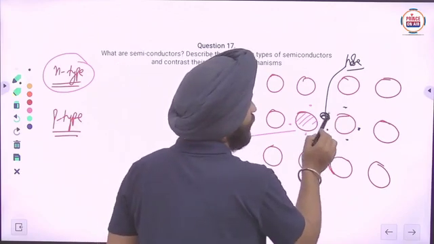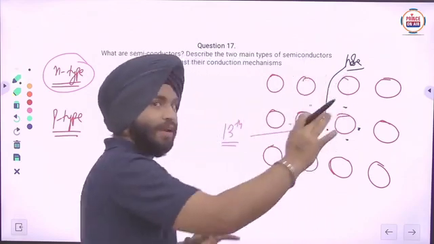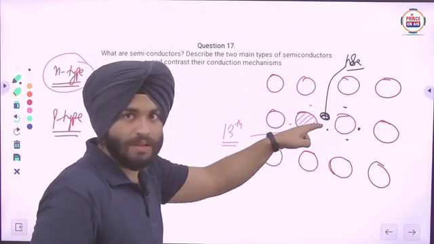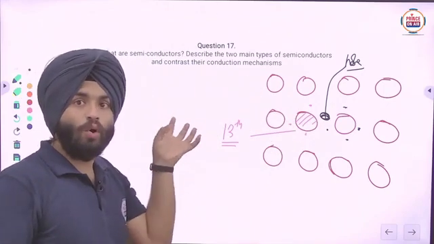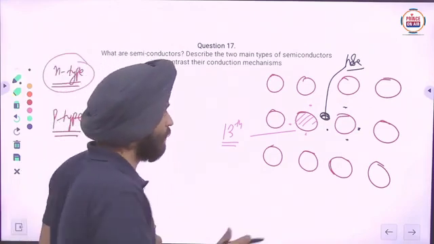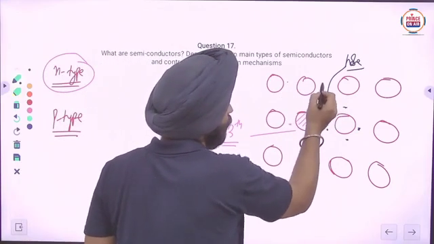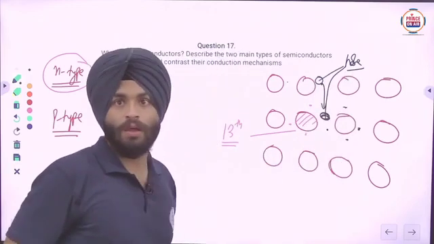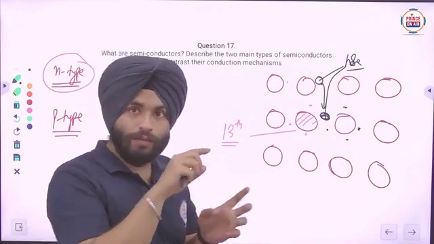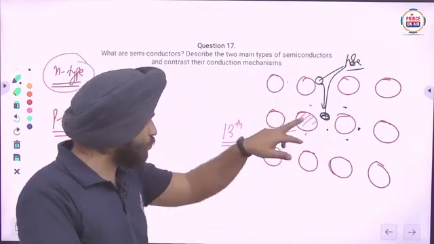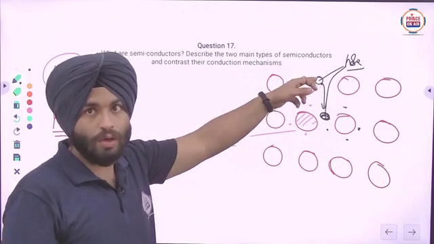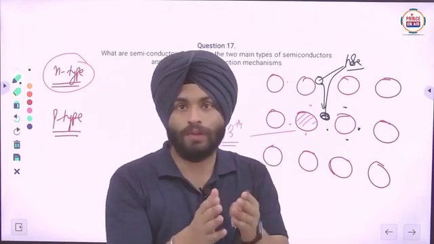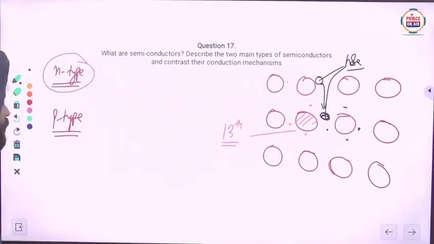To occupy that vacant space, some electrons from neighbor elements or atoms will come and occupy that place, and then the vacant space or hole will be created at that point. For example, from here, that electron is coming to this side, here a hole will generate. Clear? So there will be the transfer of electron, and also the hole is created there. So it will look like the hole is moving. So due to the hole, the conductivity occurs.